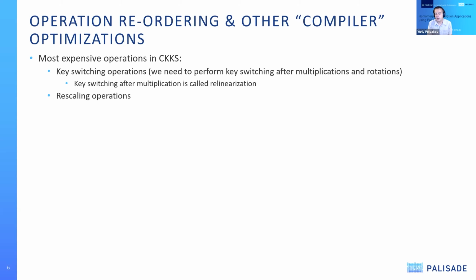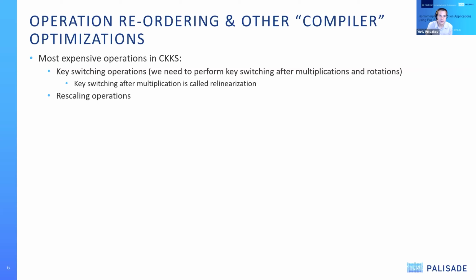They're very relevant in designing an efficient, let's say, CKKS implementation in this case for the problem. And as a starting point for this analysis of operation reordering, for instance, we have to bear in mind that there are two bottleneck operations in essentially almost any